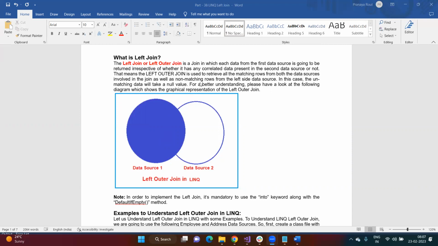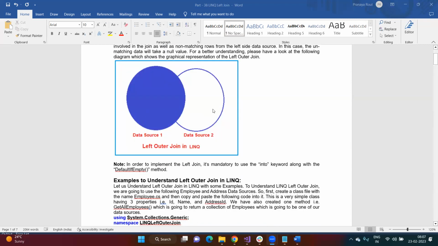That means left outer join is used to retrieve all the matching records from both the data sources involved in the join, as well as non-matching records from the left hand side data source. In this case, non-matching data will take a null value. If this is not clear at the moment, don't worry, we will understand it with examples. And once we discuss examples, you will get a better idea. If you know how left outer join is implemented in databases like SQL Server, MySQL, and Oracle,